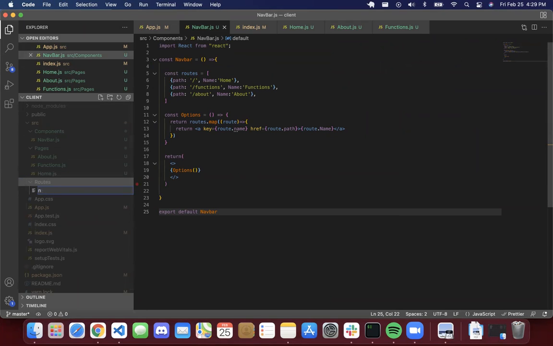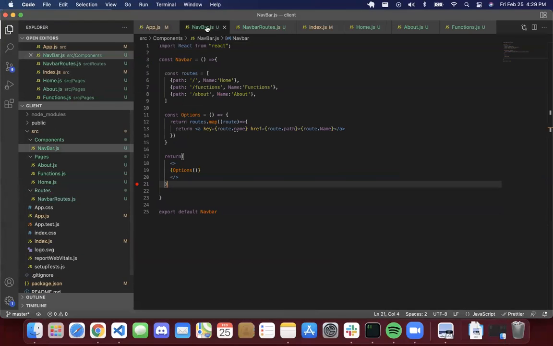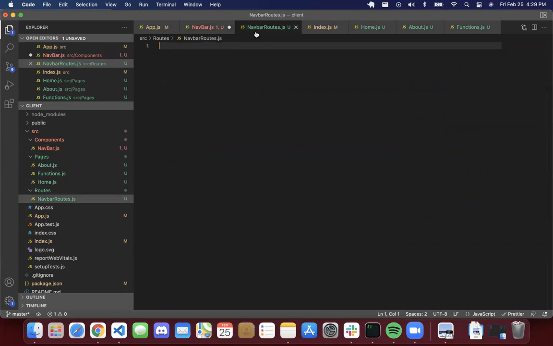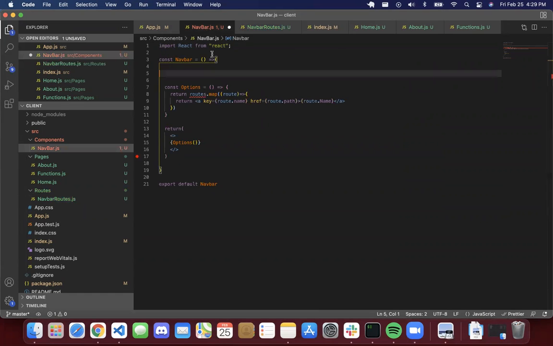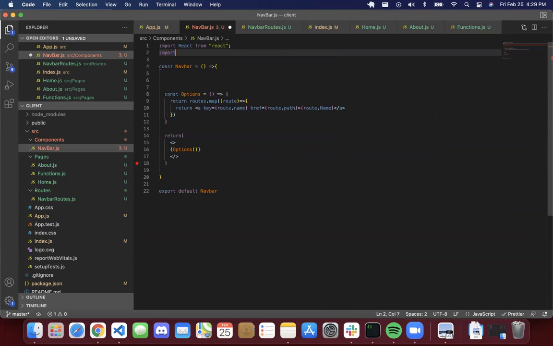You could name this navbar routes.js, and then kind of copy this out, Control X, and then paste it here, and then just export this. Also see on the process. And then over here you would import it as, I guess, routes